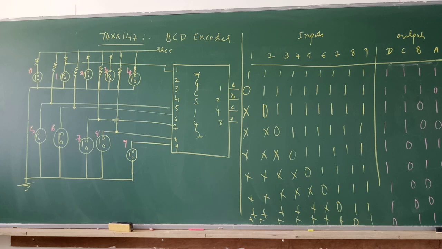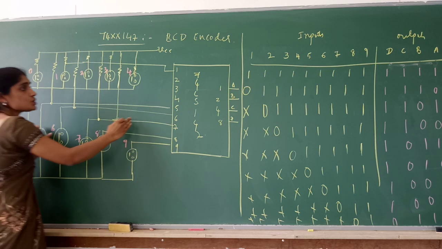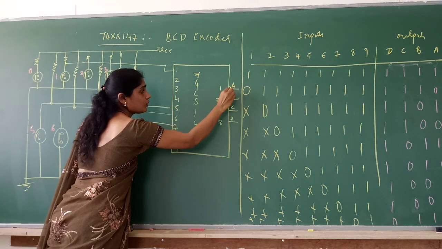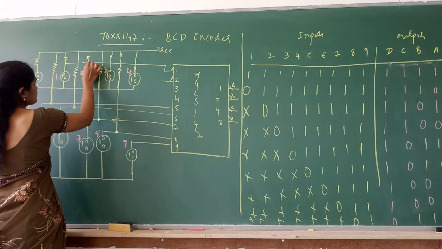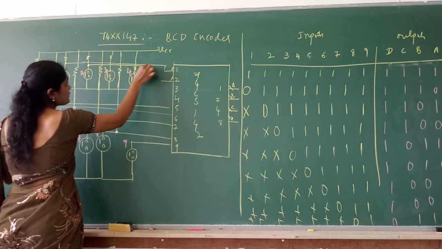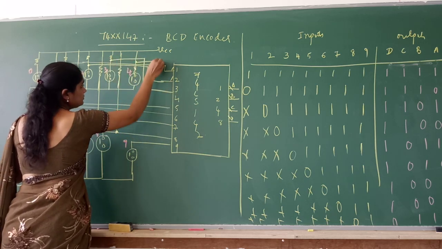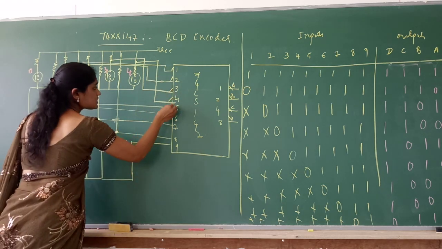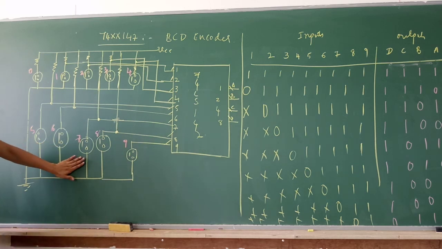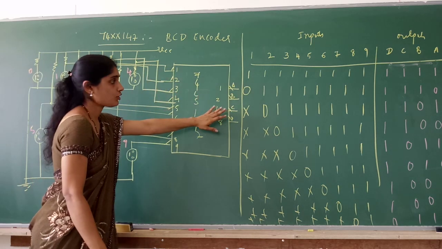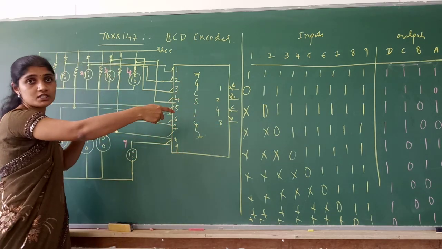So this is the diagram which encodes the decimal keypad 0, 1, 2, 3, 4, 5, 6, 7, 8, 9 into BCD, A, B, C, D. Inputs are also active low, outputs are also active low. Okay. So it interfaces a numeric keypad into a microcontroller, where it converts these decimal numbers into BCD before we transmit this to a digital switching system.